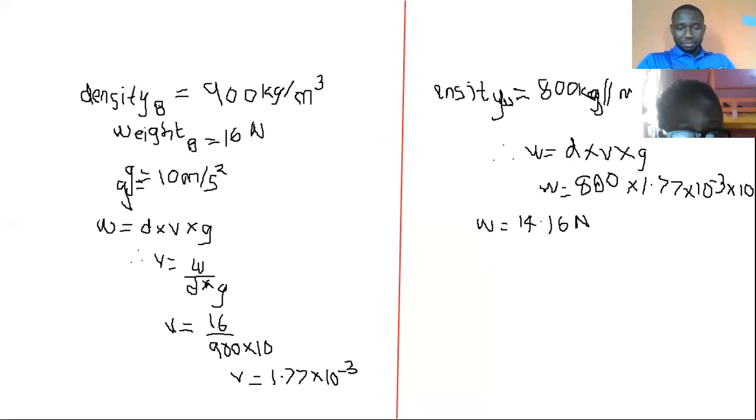You did a good job, but let's consider some things. Let me go back to the question, please. All right. A metal block, 900 kilogram per meter cube, weighs 60 Newton in air. Find its weight when it is completely immersed in paraffin wax of density. Okay, now the first thing we'll do is